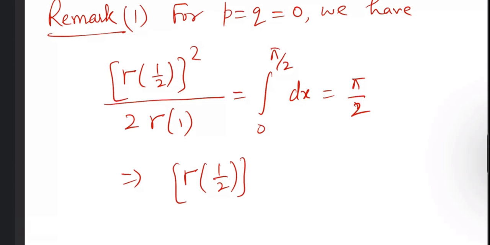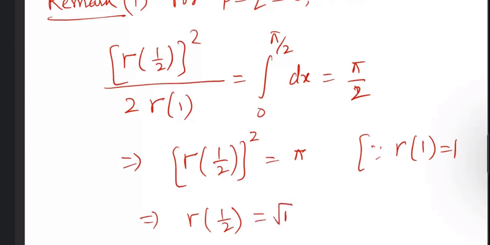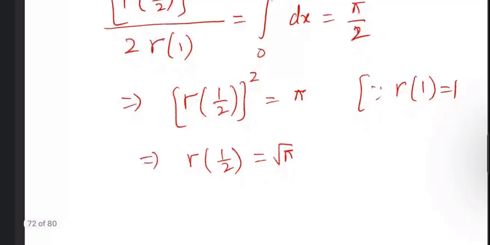Gamma of 1 by 2 whole square will become 2 cancel with 2, that is pi. Hence gamma of 1 by 2 whole square is equal to pi. That means gamma of 1 by 2 is equal to root pi. Any gamma of 1 by 2 can be evaluated by a different method. This is the third method from where you have evaluated the value of gamma of 1 by 2. Now let us remark 2